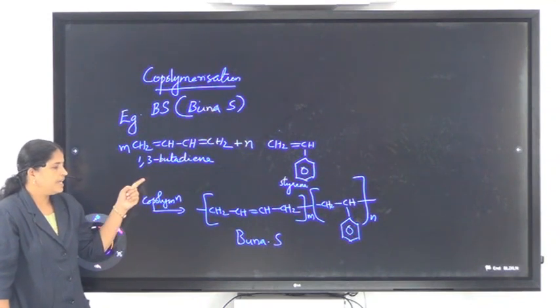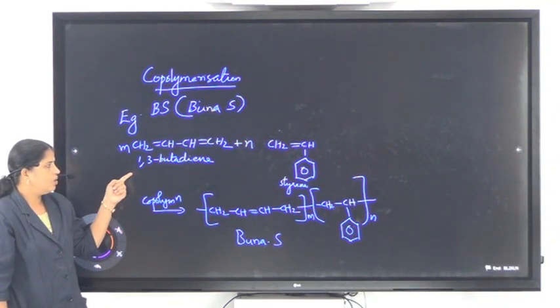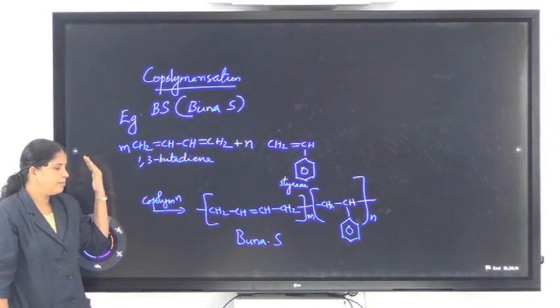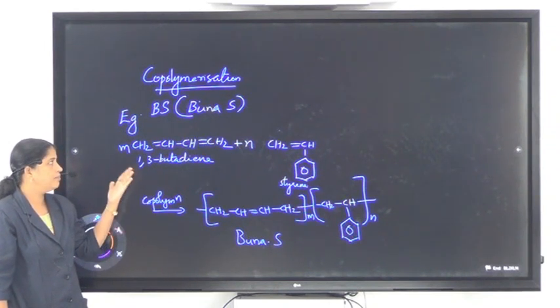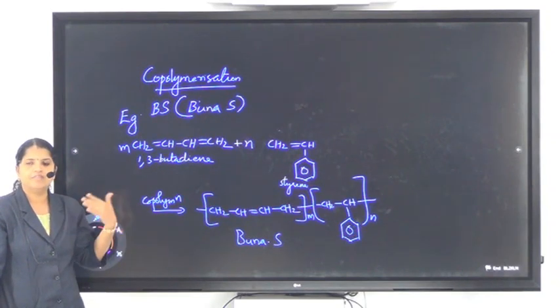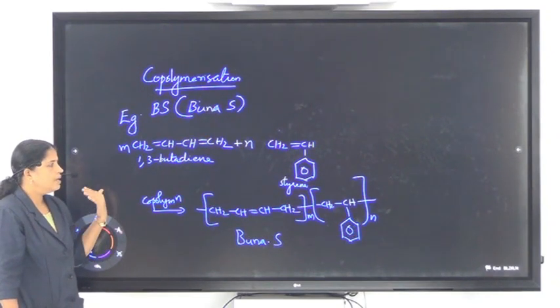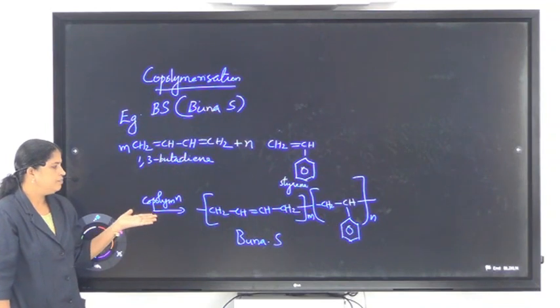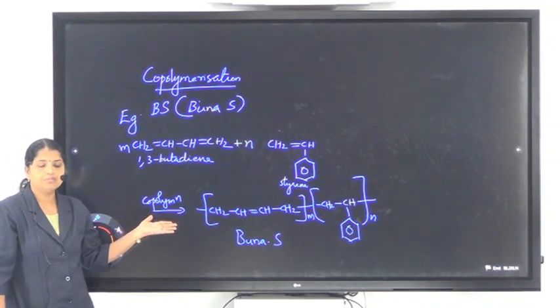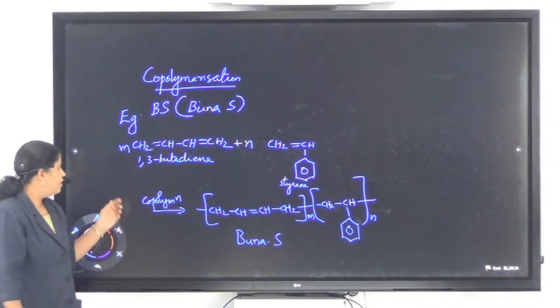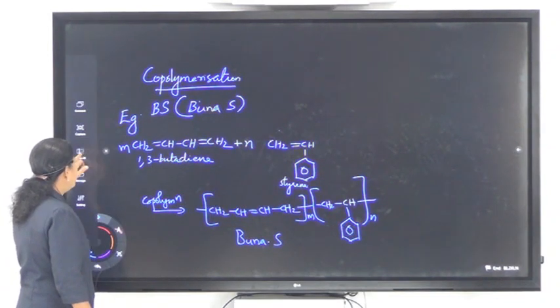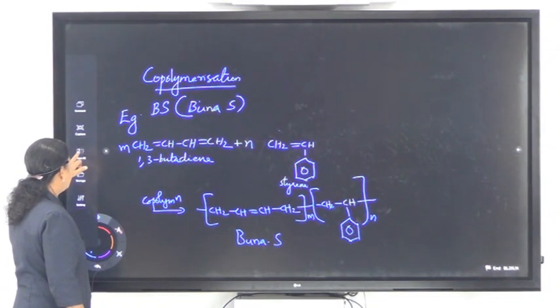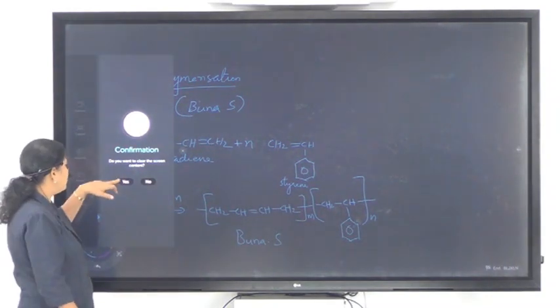So we can change the percentage or proportion of these monomers, so we can vary the properties of these polymers, so they possess different applications in every engineering field. Depending on the monomer units, there are different types of copolymers. If we take two different types of monomers A and B, we can see the different types of copolymers formed.